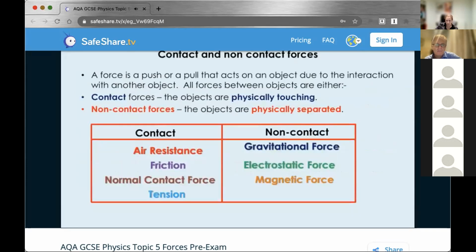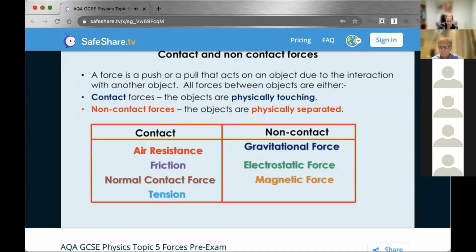As seen on the previous slide, forces are vector quantities. Now, forces can be broken down into contact and non-contact forces, which we're going to look at in a bit more detail on this slide. A force is a push or pull that acts on an object due to the interaction with another object. So forces come around because of interactions between objects. So all forces between objects are either contact forces, where the objects are physically touching. So that happens with air resistance. So the object is actually hitting the air